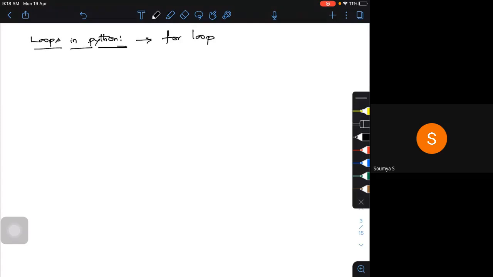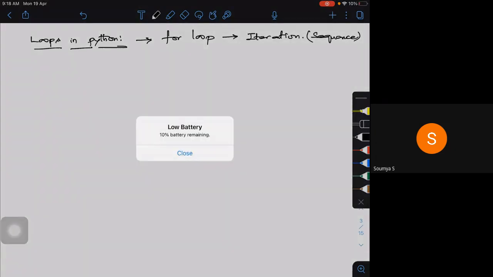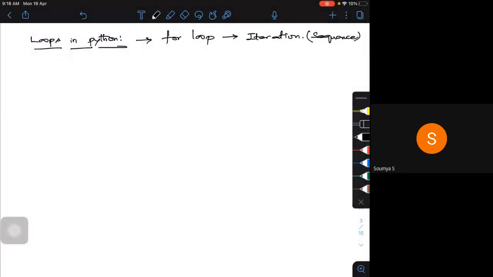The for loop in Python is used, why is this particular for loop used? One is to check for iteration, maybe we can call it a sequence, how many times something has to be repeated, whether in order or whatever it may be. And one more thing: not only while iterating, sometimes you have to check one of the lists or tuples or a string, whatever it may be.